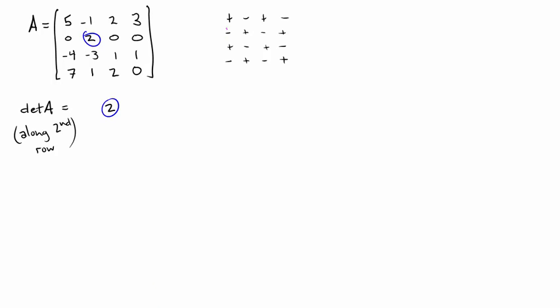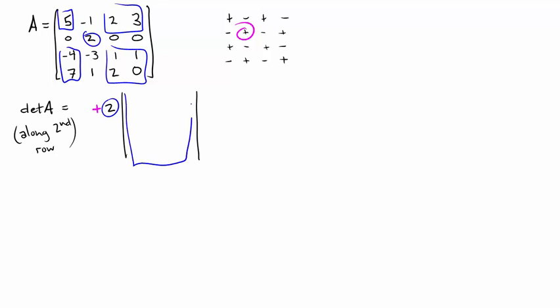Looking here, it's a plus. And we will multiply this by the determinant of the 3 by 3 matrix that consists of those entries. So now I'll write them down: 5, 2, 3, minus 4, 1, 1, 7, 2, 0. And that's the only 3 by 3 determinant we'll need to compute because the other entries of the second row